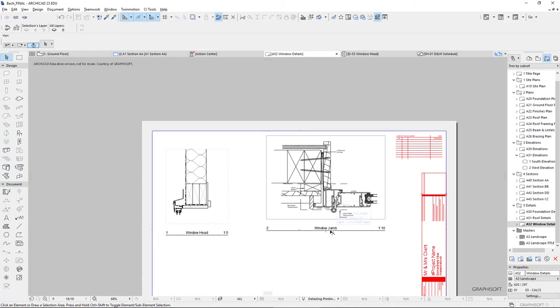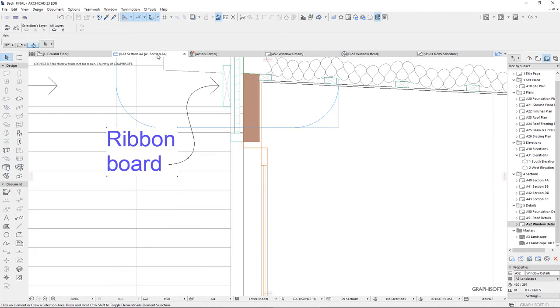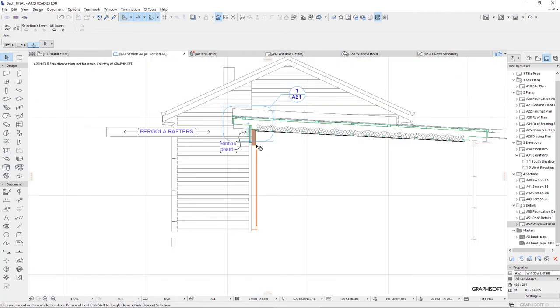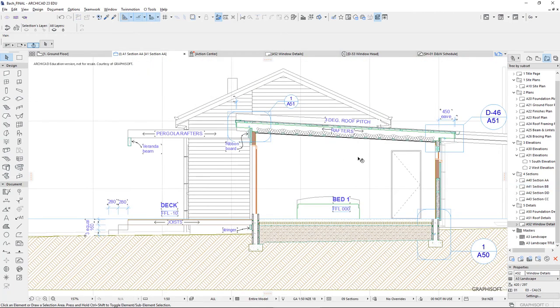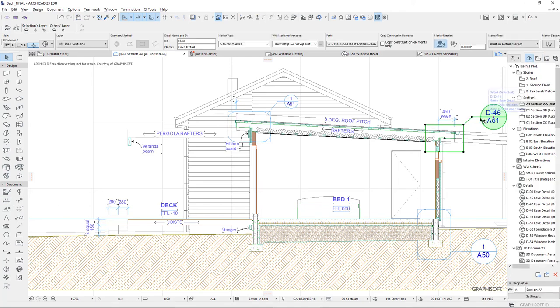So I've got my window head, my window jamb. I can start to put these together. They should have numbers. And so on here, I can then connect. So what I also need to do is I've got a window head detail. I do need to create one of these and connect it to that window head detail. I haven't done this for a while, so I might